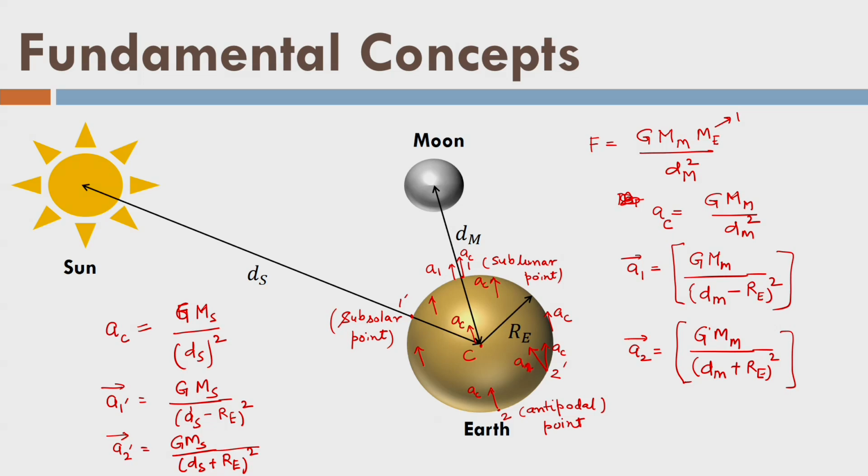So basically this is the direction now. We know that there are some differential forces acting on the surface of the earth. One is because of the center to center distance between moon and earth, and another is on the surface of the earth because of the moon's gravitation. That means there are two forces working on the surface of the earth: one is because of the gravity of the earth and one is because of the gravity of the moon. Now, what is the consequence of that?